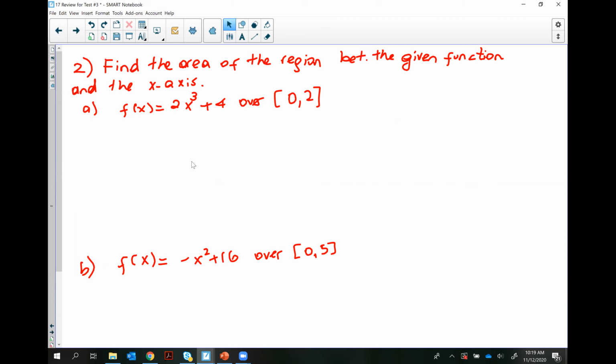F of x equals 2x to the third plus 4. We want to find the area of the region between this function over the given interval. And if it says area, if it just says integrate this, you don't even have to look at the graph. If it says area, it's always a good idea to look at what the graph is going to look like. In this case, it's the cubic function moved 4 units up. So very roughly speaking, this function might be something like this. And from 0 to 2,